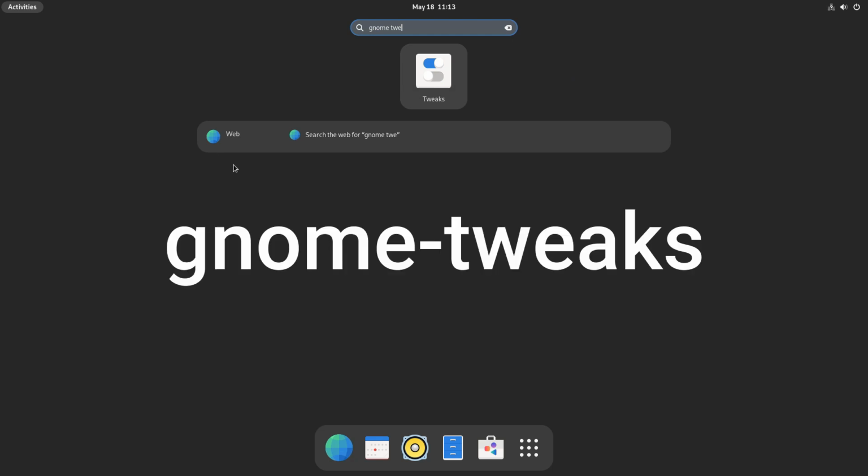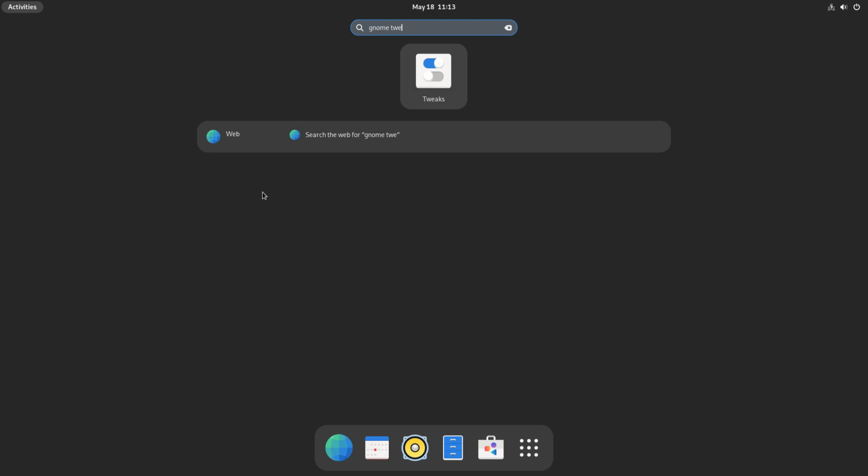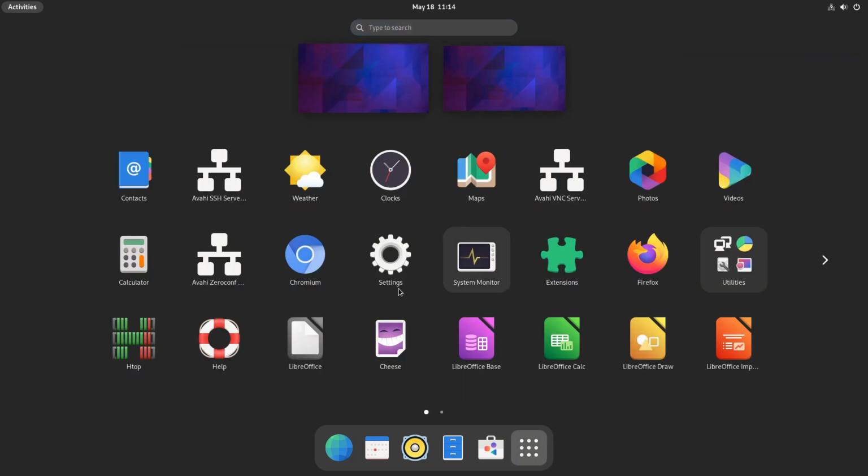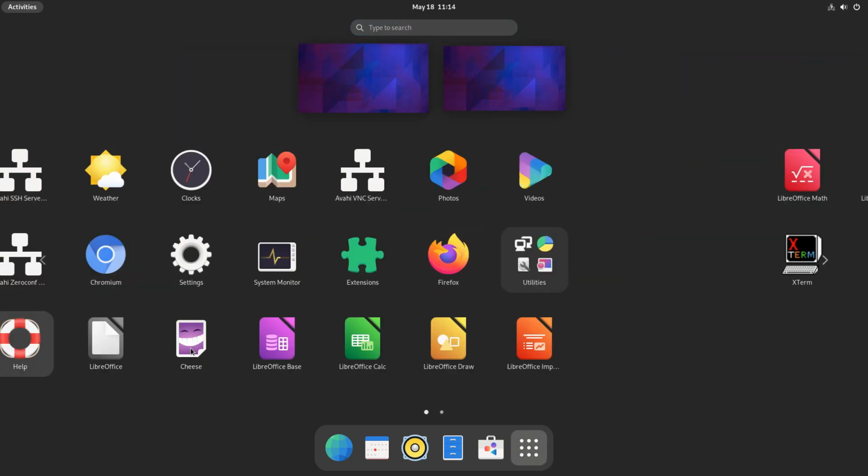If you're using Fedora, then you can run sudo dnf install gnome-tweaks. But we are in Arch now, and for this installation of Arch, I used the Arch install script, so it actually installs the Tweaks application by default and all the